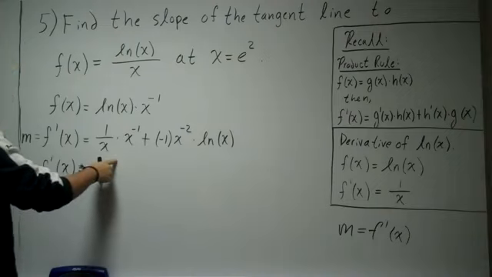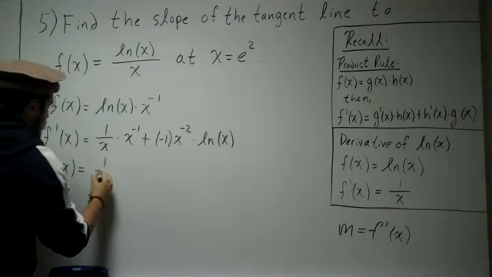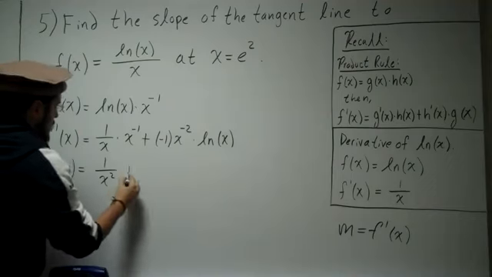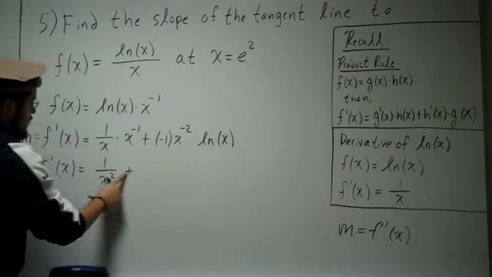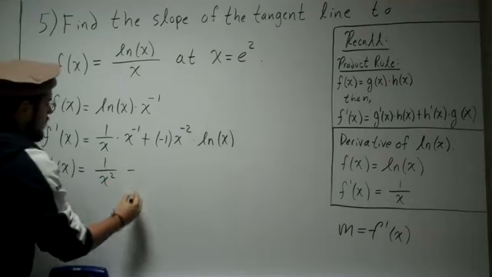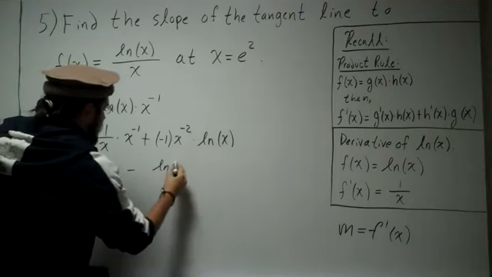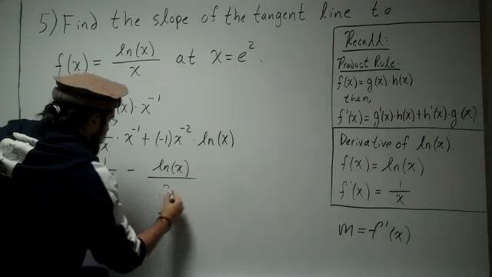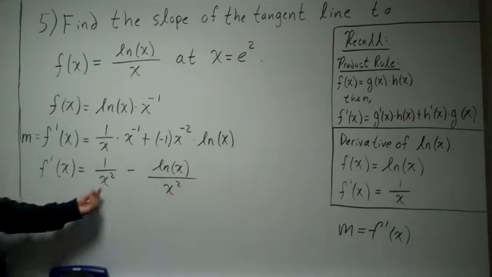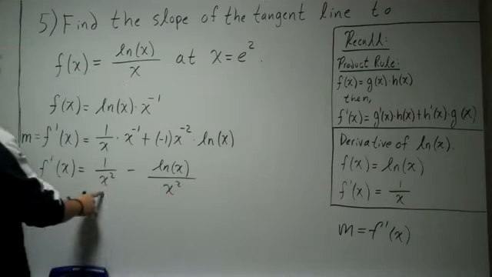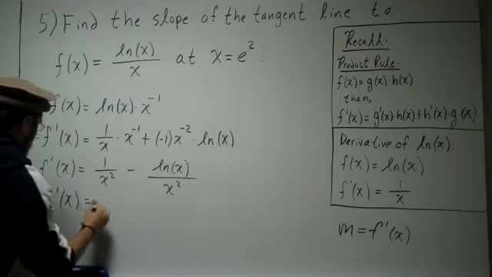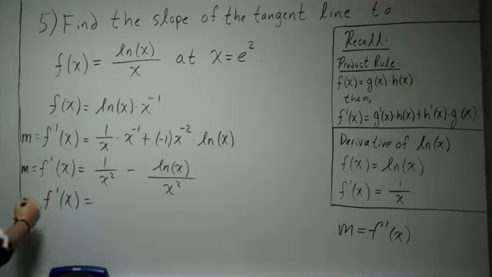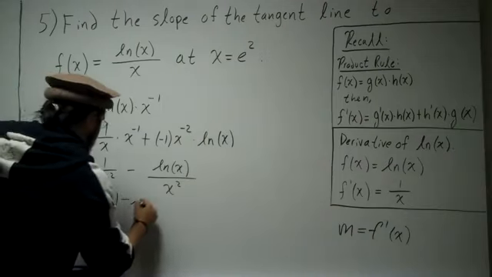We can bring this down, and we have x times x, x squared. So that's 1 over x squared. Plus, we can bring this x squared down. Actually, minus and plus is minus. Right? So now we have ln of x in the numerator, and we have x squared in the denominator. Okay, so we can go ahead and combine these 2 fractions since they have x squared and x squared. This is m. Okay, so go ahead and combine that. It's 1 minus ln of x